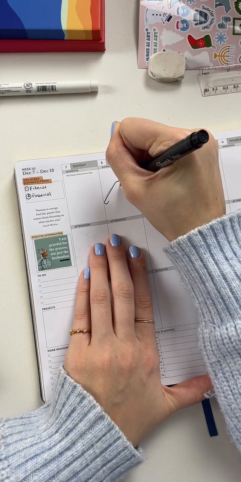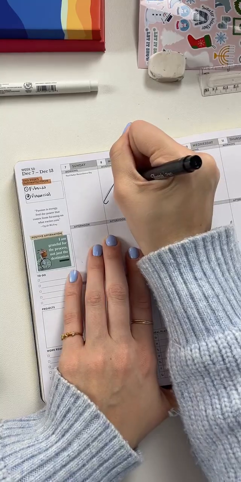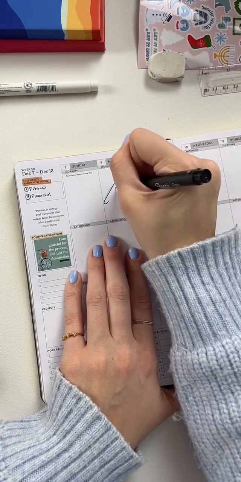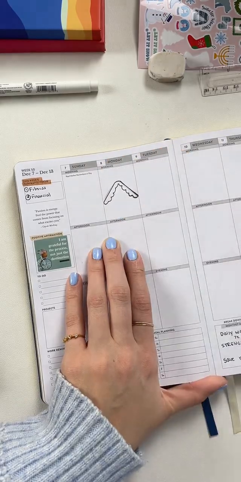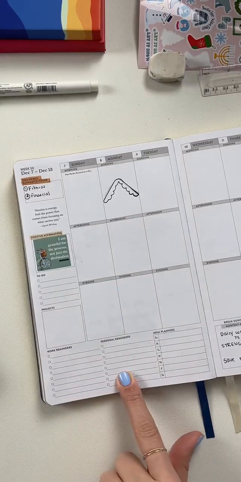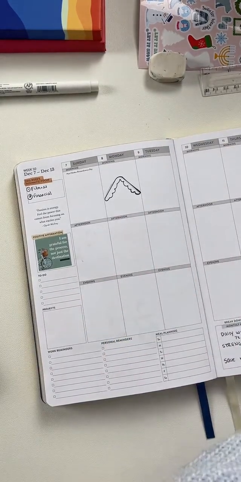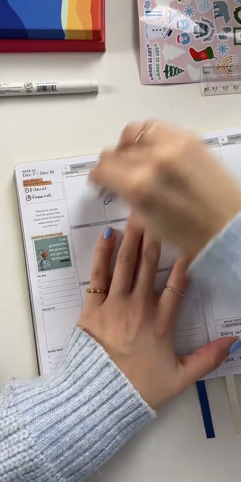The key with the top is you're going to stop it right there. And then you are going to do the exact same thing on the other side, kind of eyeballing it a little bit to make sure that they do connect. Sweet. Now, what I'm going to do is erase that pencil line that's going to be there.